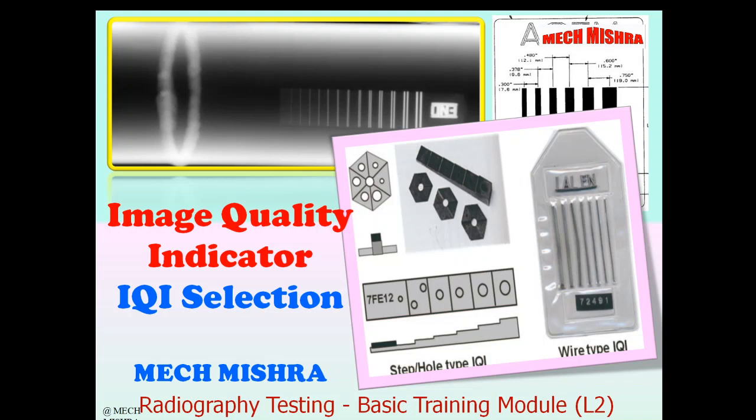This is the second lecture of the training program which I am going to give you. This is very important, and this is in continuation with my previous lecture, which was a great session on the radiography testing basic training module. Now you have already got the basic training module. Now we will go on to the advancement in that, and we will see the next related challenging topic which everybody needs to understand, that is image quality indicator.